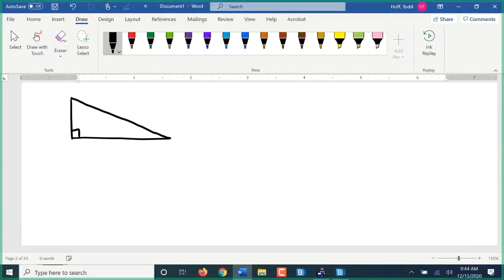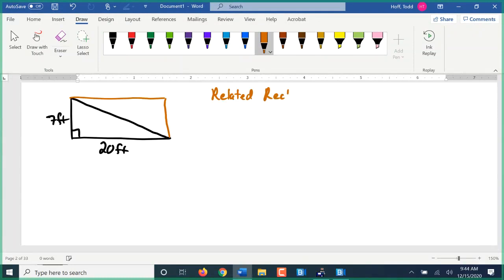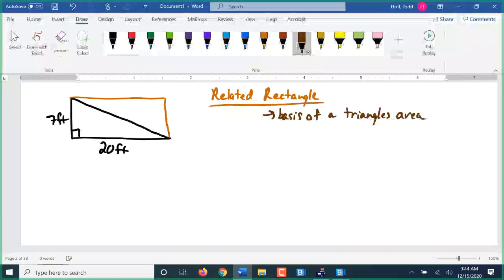We looked at triangles briefly. A triangle, let's say I know that the bottom here is 20 feet, and the side over here is 7 feet. The triangle can be thought of as part of a related rectangle. A related rectangle is the rectangle that is the basis of a triangle's area. Well, what do I mean by that? Well, here, this related rectangle has an area,